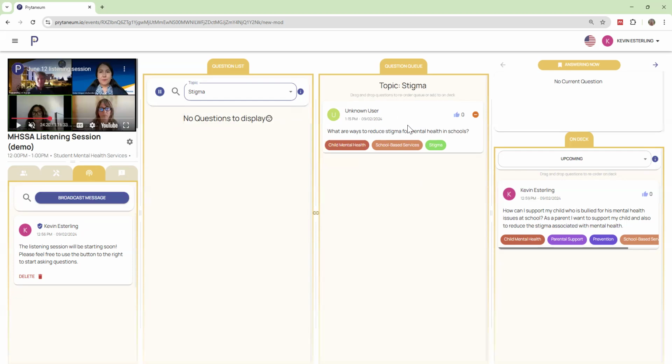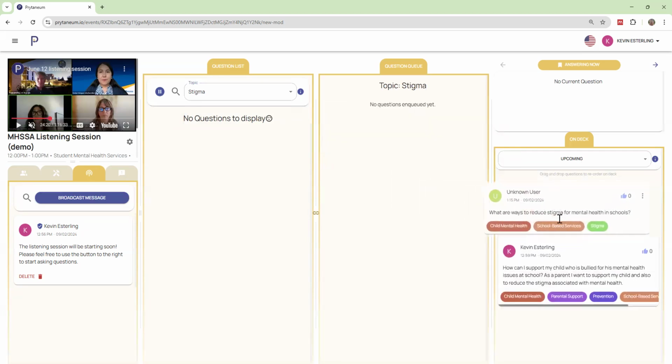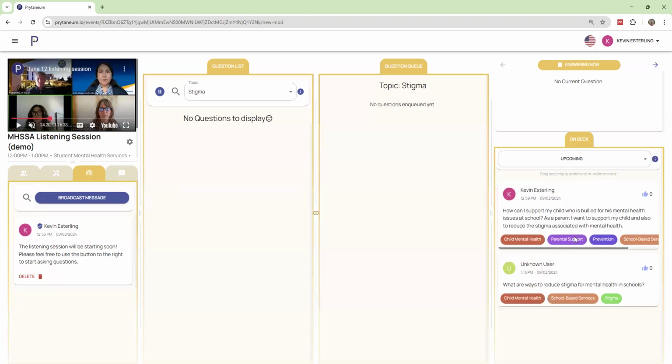And so to do that, you would move questions from the workspace area to the on deck area. You would just drag and drop the question, and then you would already have a sequence of questions in the on deck area here. And so you can just drag and drop to decide on the order of the questions that you're going to